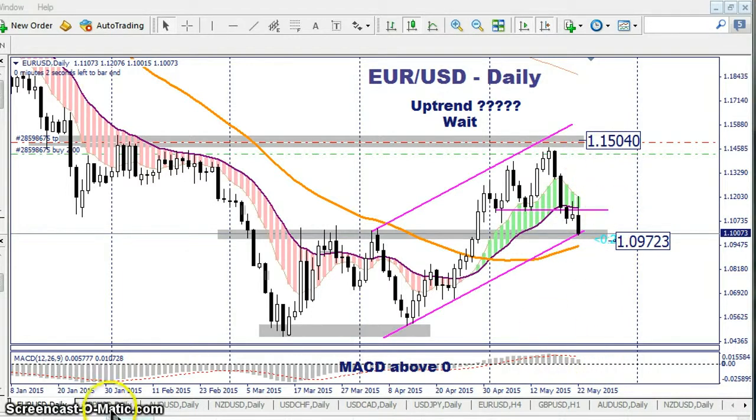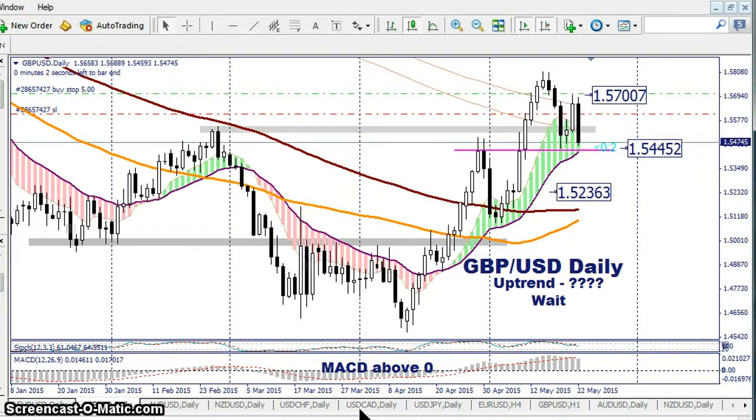Okay, so the next pair is the British Pound USD. Last week, crazy week, we had huge impulsive moves up and down. Again, I mentioned that price would retrace. Again, it went down a little bit further than I thought. Went down huge, went up huge again. So another impulsive move to the upside here with this white bearish candle, and then another huge momentum black candle to the downside. So currently we're below the previous resistance, which is now